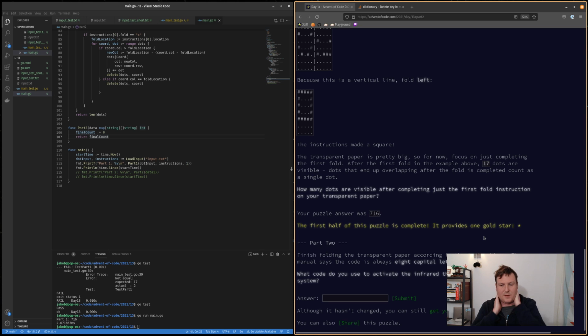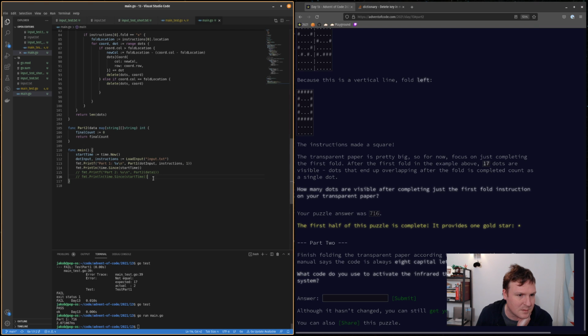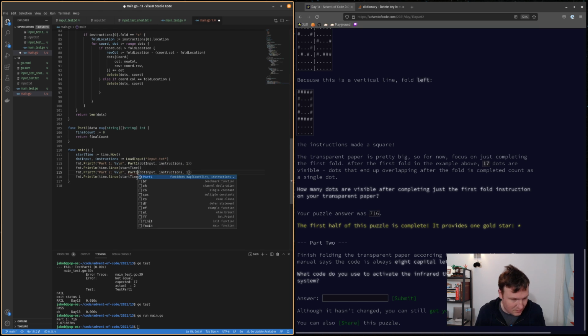This is the first time I think that we've had letters for things. Okay, so let's do all of the instructions, I guess. We're going to do part 1. We're still going to do